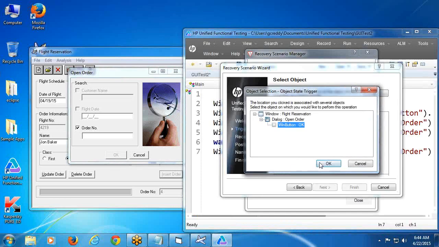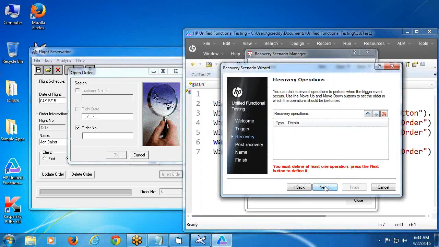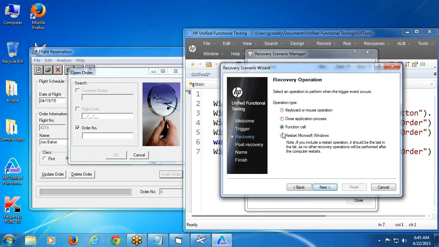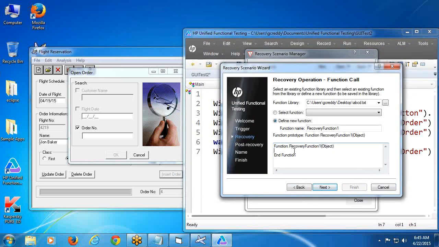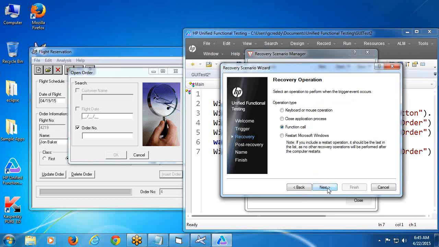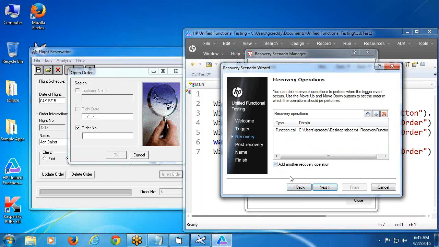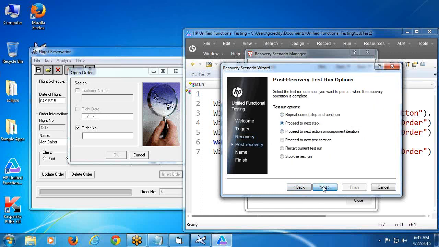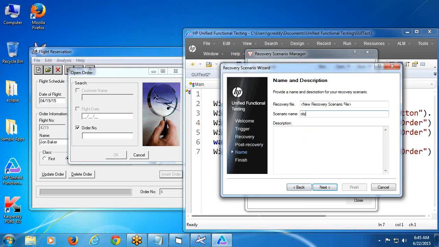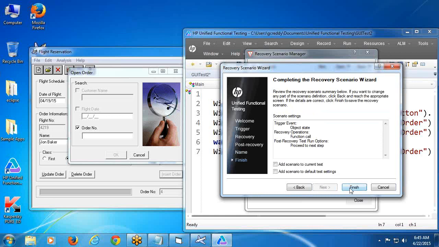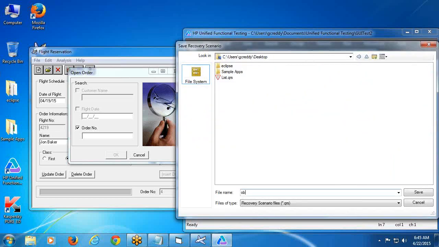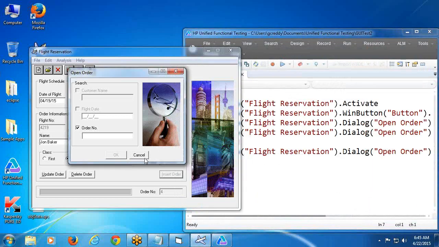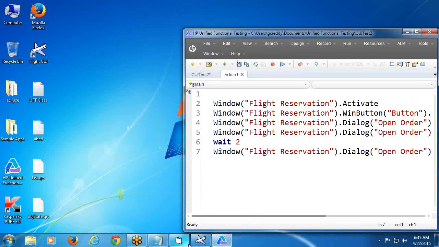take hand icon and show the object, click OK, next, next, see function call, next, function library, ABCD, okay, body I will write, next, just a minute, another recovery operation not required, proceed to next step, finish, close, save required, save, OBJ state, next, just a minute,